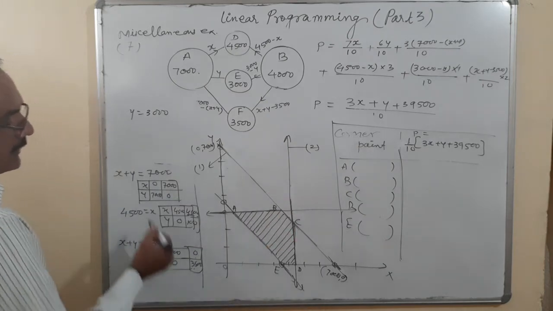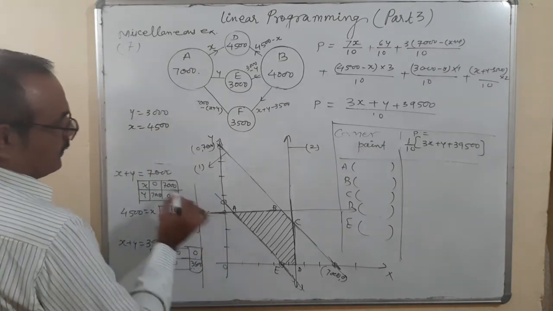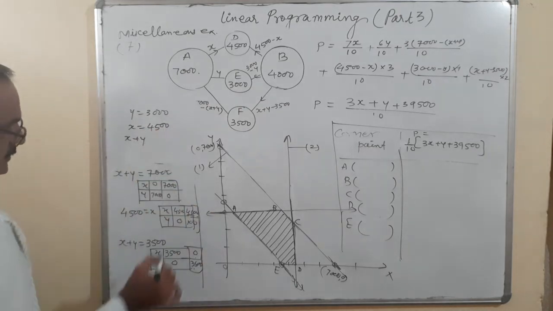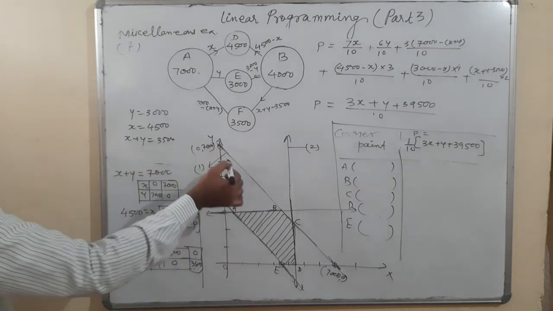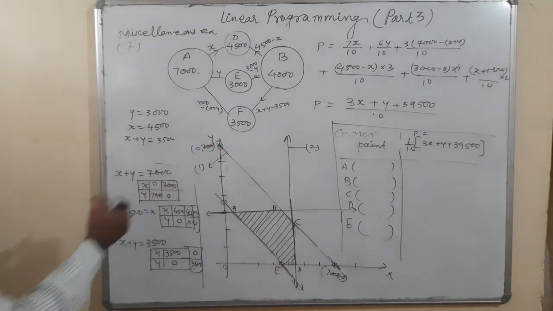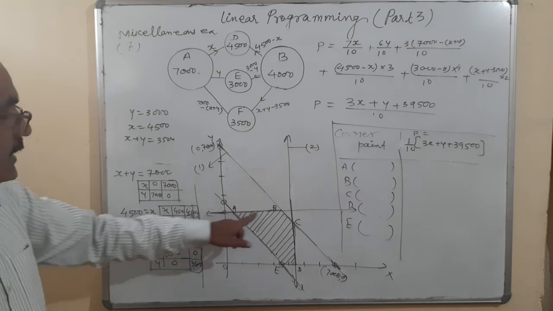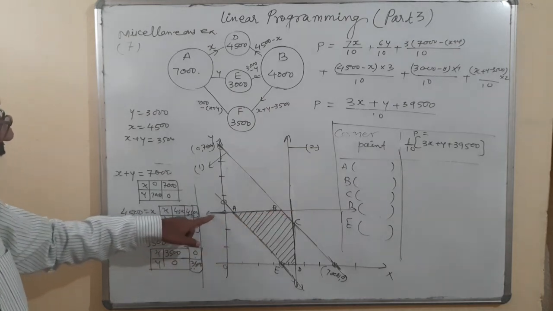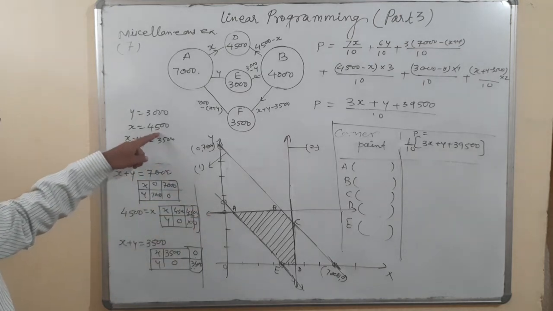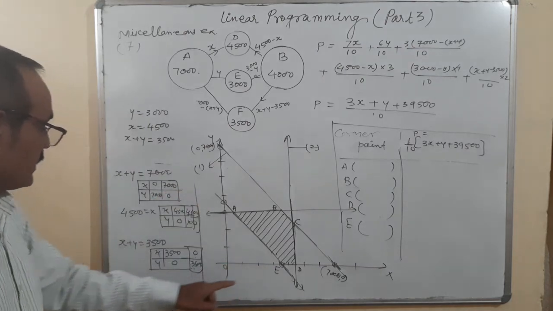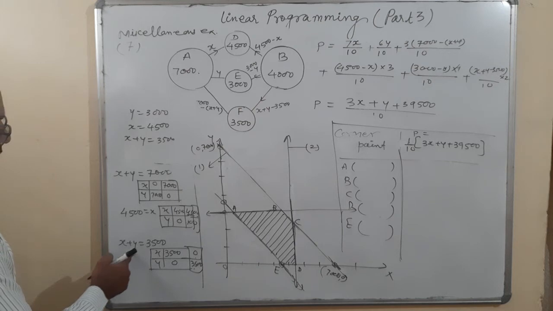For this line it is x is equal to 4500, and x plus y is equal to 3500, right? And that line we are already aware of, x plus y is equal to 7000. So this is the point A, where that is the line parallel to the y-axis. That means x is equal to 4500, and this is the last line. Okay, so if x is 4500, then y is equal to,